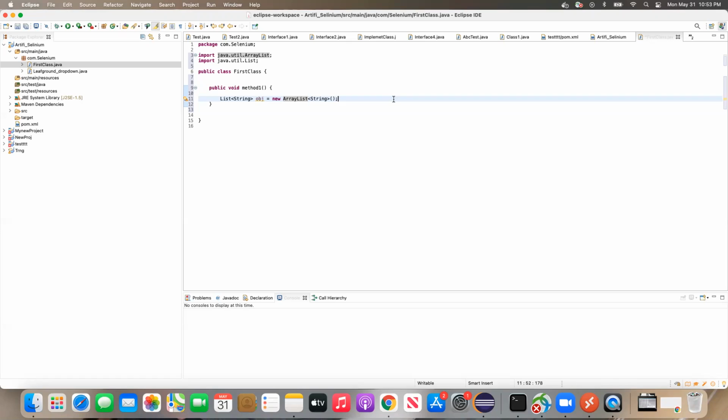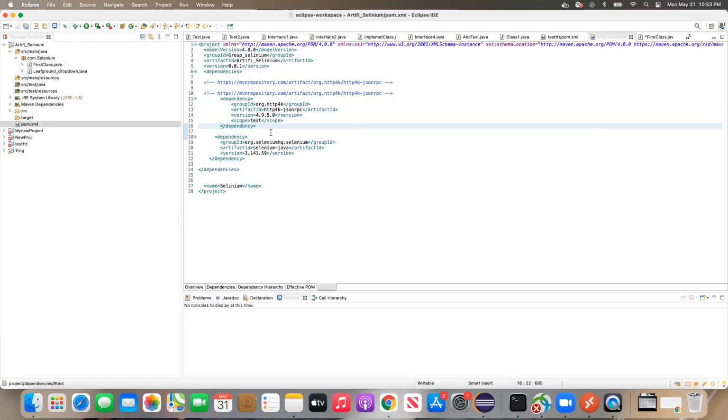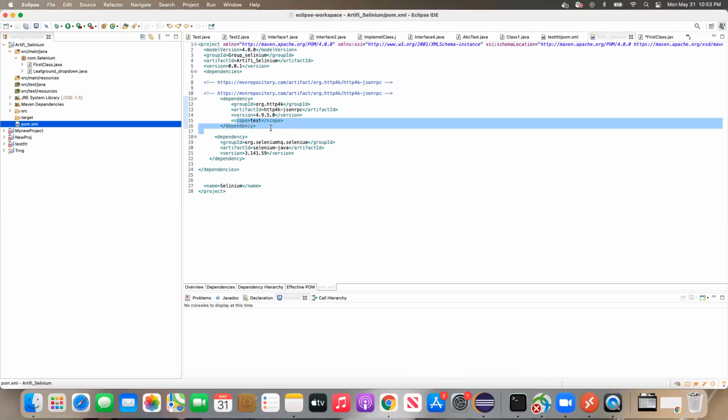Okay, clear? Right now, in the same way, yesterday we understood our pom.xml, right? In the pom.xml, we understood each and every word available in the XML, and we have seen what a dependency is also, right?